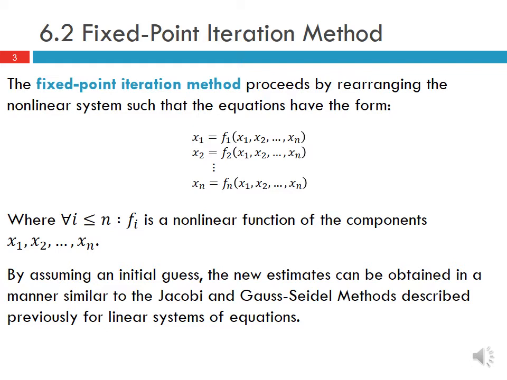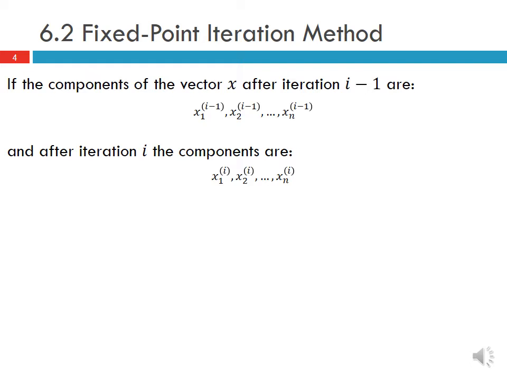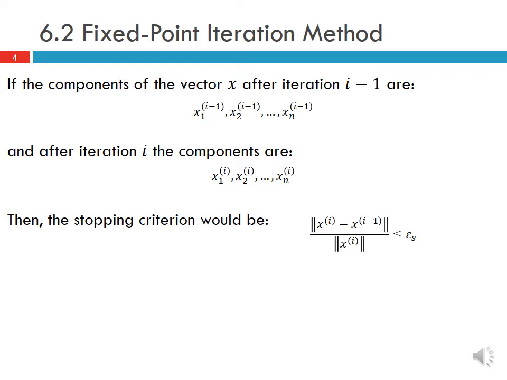By assuming an initial guess, the new estimates can be obtained in a manner similar to the Jacobi and Gauss-Seidel methods described previously for linear systems of equations. If the components of the vector x after iteration i-1 are those shown here, and after iteration i, the components are those shown here, then our usual stopping criteria would be that the approximate relative error, which is the norm of xi minus xi-1 divided by the norm of xi, is less than or equal to some error threshold epsilon s. So this says the norm of our present iteration minus our previous iteration divided by the norm of our present iteration,